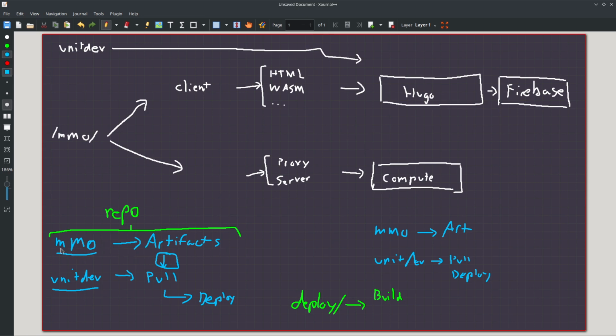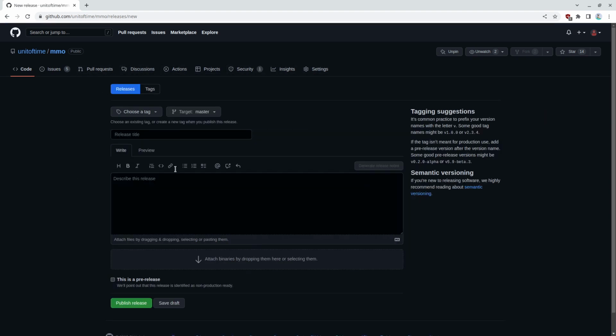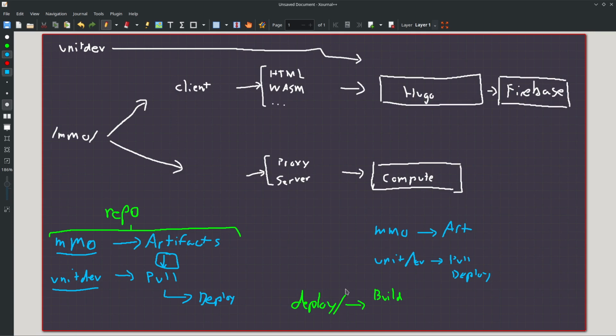I can either have something where, let's say, the MMO repo builds artifacts and puts them somewhere. Usually you can host them on GitHub. If I go here, you usually have a release section, you know? So I can automatically build releases and have my binaries in there if I want. I could either have the MMO project do that, or I could have another repository build them locally